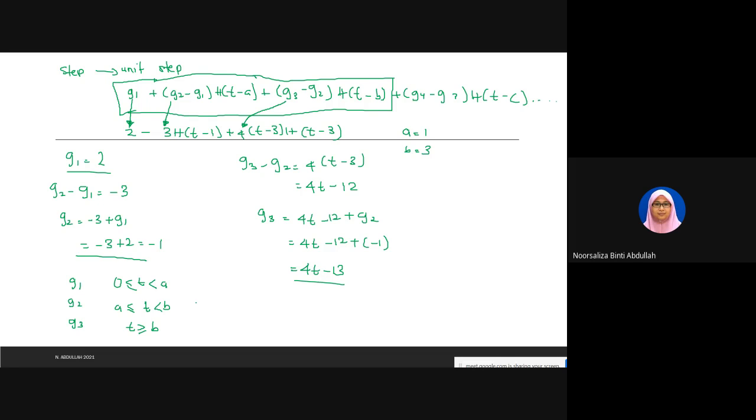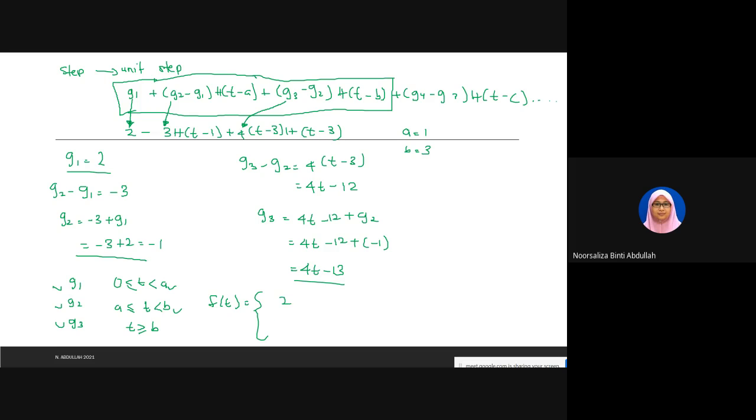Okay. So we already have G1, G2, G3, A and B. And then you just plug in this form. So you have a 2. Okay. So you have FT equals to